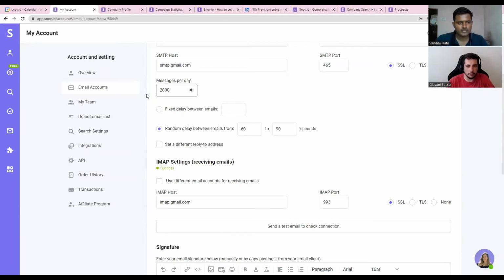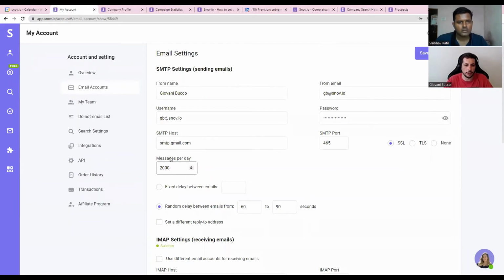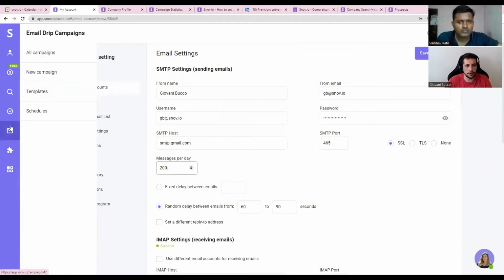Let's say mine is a Google Workspace. I can send 2,000 emails per day here. But if I just create an email account and send 2,000 messages per day, you're probably going to be listed and blacklisted. So we usually suggest step by step. Once you see that your open rate is not going down, that's probably because your deliverability is good and you wouldn't have any problems. So you can get to more than 500 emails a day per account.